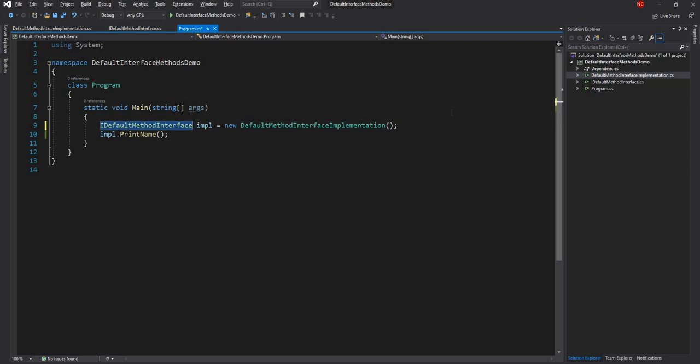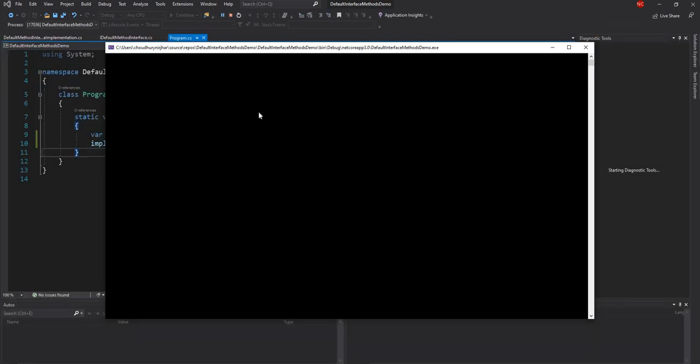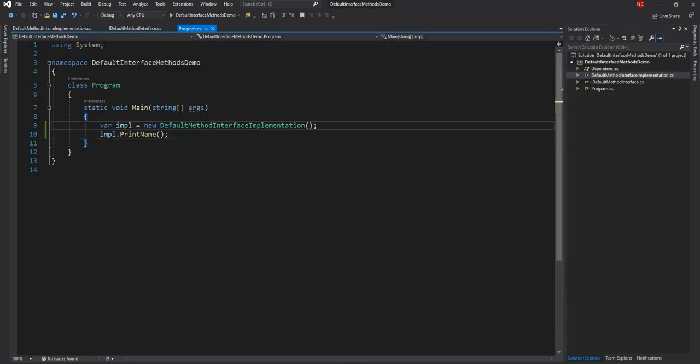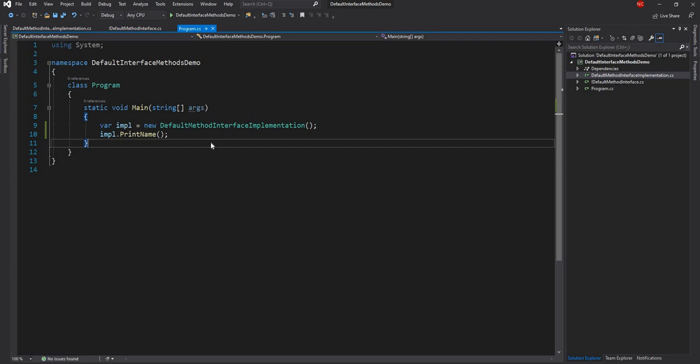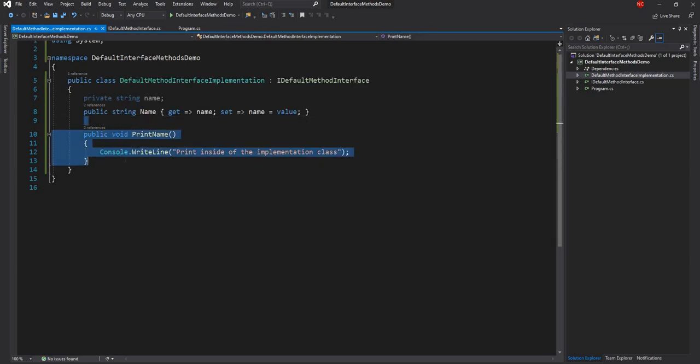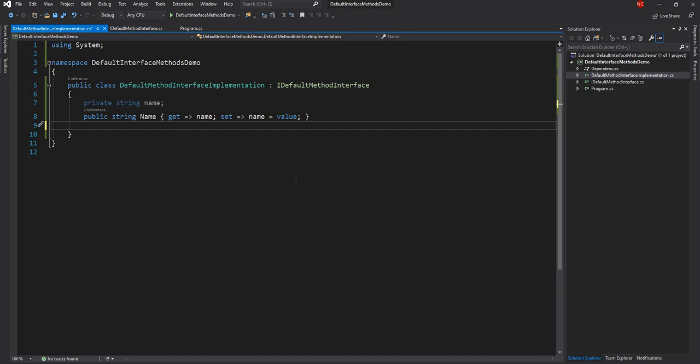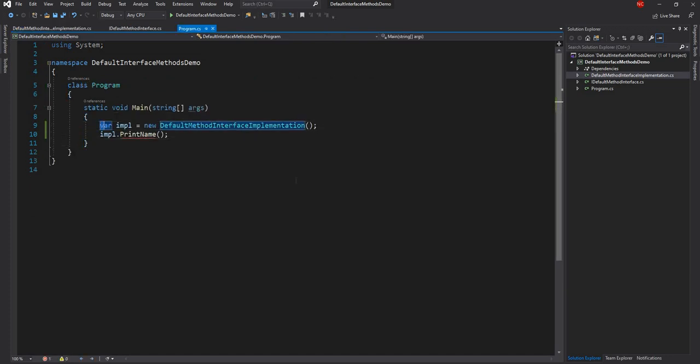So now if I change it to var, this is going to work because I have overridden. And now if I run this application, I'll see that the output of the overridden method will be shown. You can see that, right? So let me go back and change the implementation. Let me get rid of this. And here also make it as